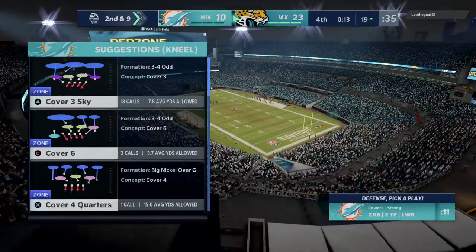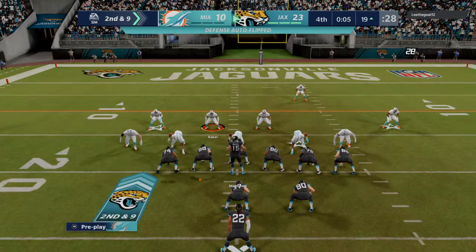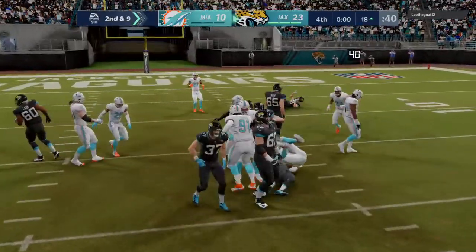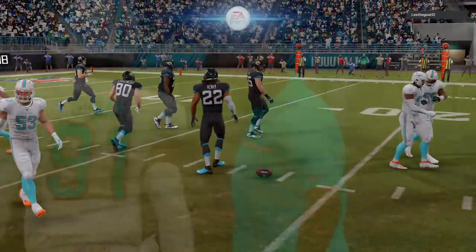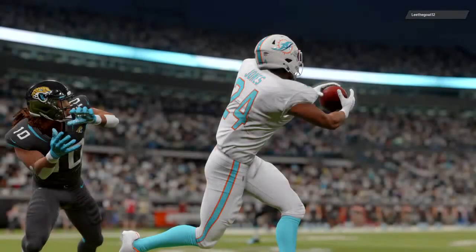Brings up 2nd and 9. Here's 2nd and 9. They'll keep it on the ground. It's Henry, and he is going to be stopped here at the line of scrimmage, and time is going to expire in this football game. So this will be a win for Jacksonville. And it was their defense that led the way, allowing just